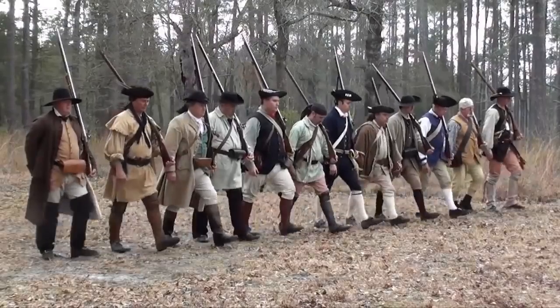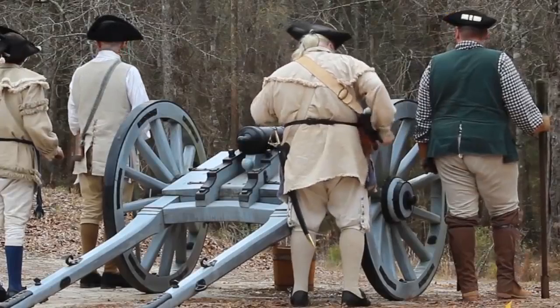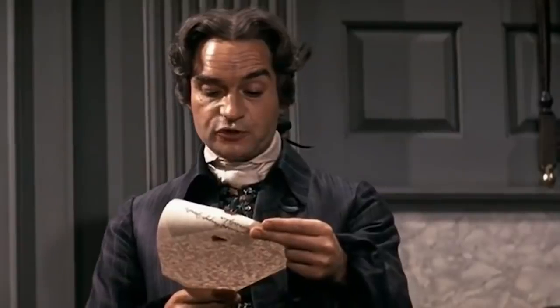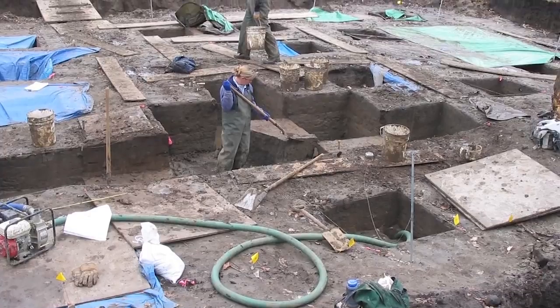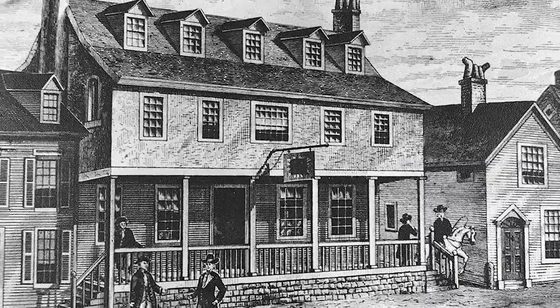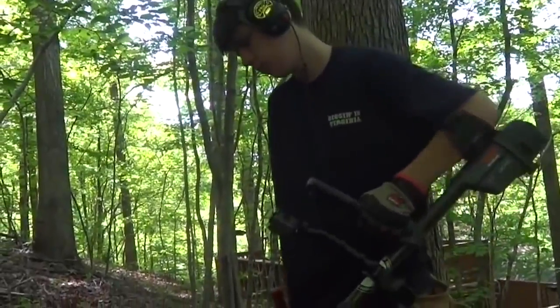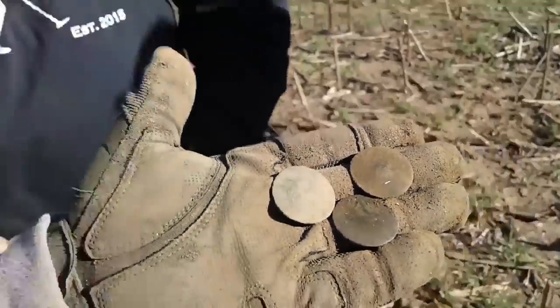When British soldiers burned the port of Brunswick Town in North Carolina to the ground in 1776, they destroyed a lot of American history with it. But they didn't manage to erase the traces of the past completely. Earlier in 2019, archaeologists uncovered the remains of an old colonial building, and it appears that it may have had quite a colorful history. A student using ground-penetrating radar found a 400-square-foot building 5 feet below the land and alerted